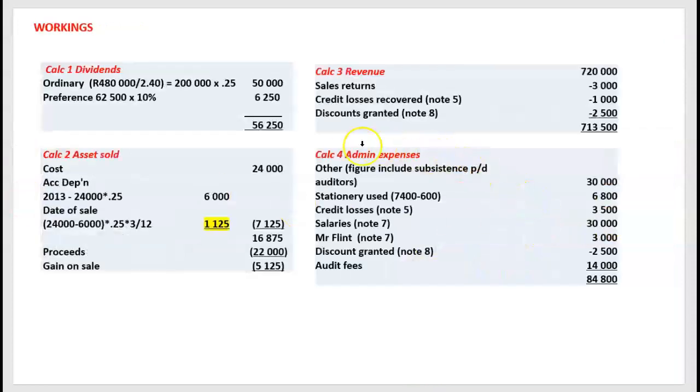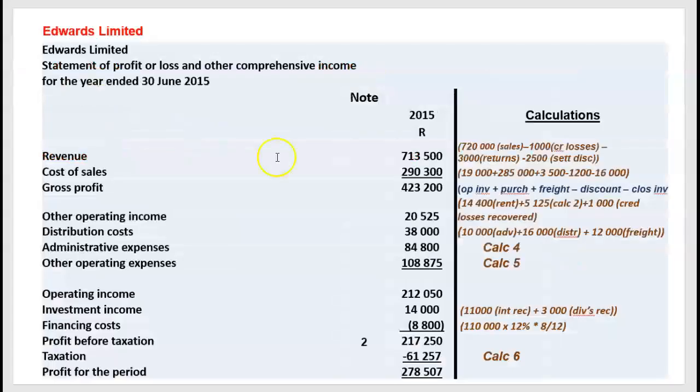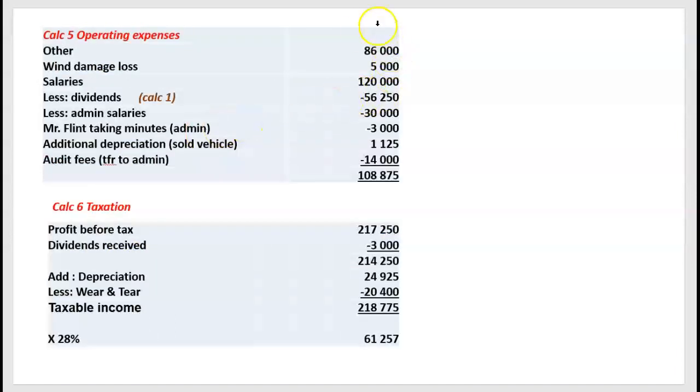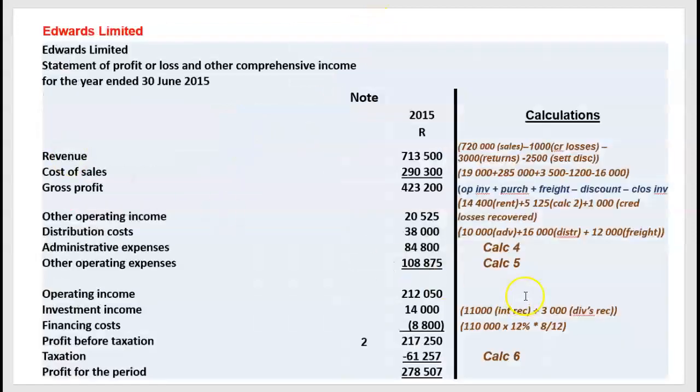Admin expenses, well, here we have a long calculation, and once we've done this whole calculation, it gives us a total of 84,800. Other operating expenses, we've done this long calculation here, that will give us a total of 108,875. And that will then give us operating income 212,050. We're going to add investment income, subtract finance costs, we've spoken about those. We're going to get profit before tax, and then tax, and then profit for the period,